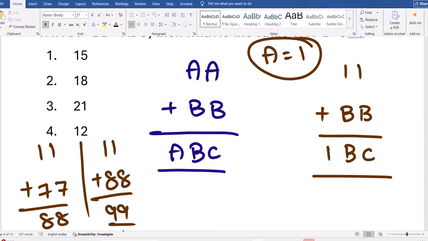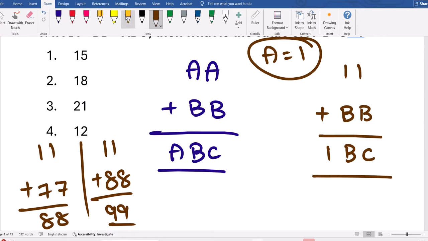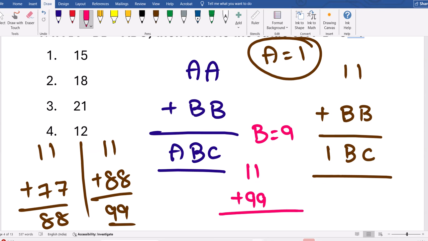99. So B must be 9. Now after putting A value 1 and B value 9, I have to substitute that in the given expression. You must make sure that the equation is correct. Now 11 plus 99 is nothing but